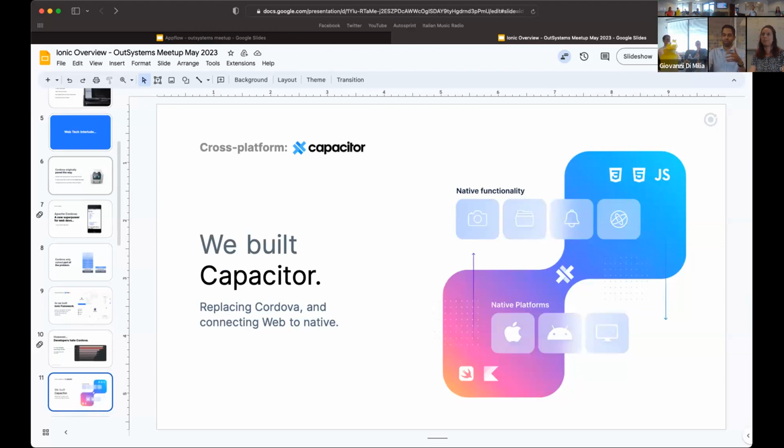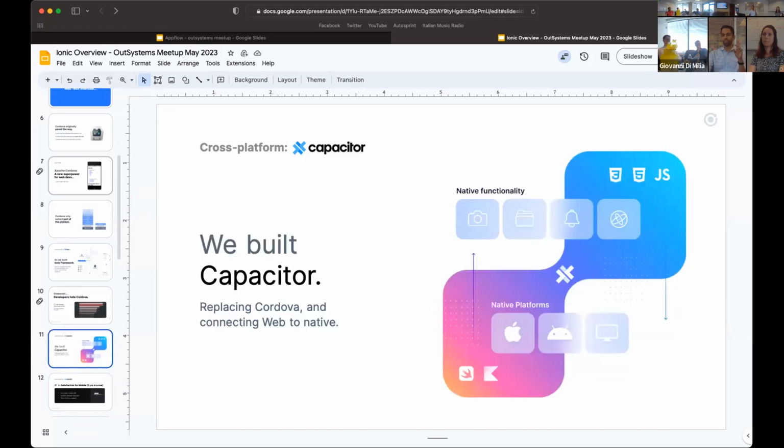So we built a spiritual successor to Cordova, which is called Capacitor, a modern native runtime. It replaces Cordova wholesale and connects web code to a mobile app's native layer. So you'll hear two things quite often from me: Ionic framework and Capacitor. Those are our two open source projects that you can Google and look at.